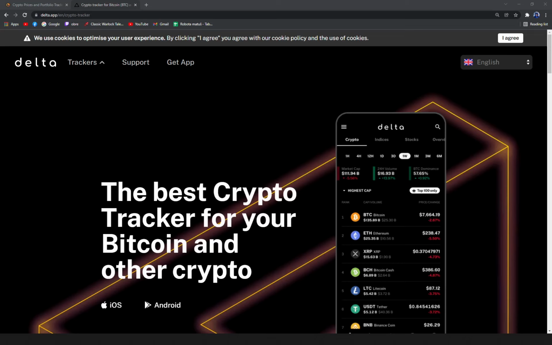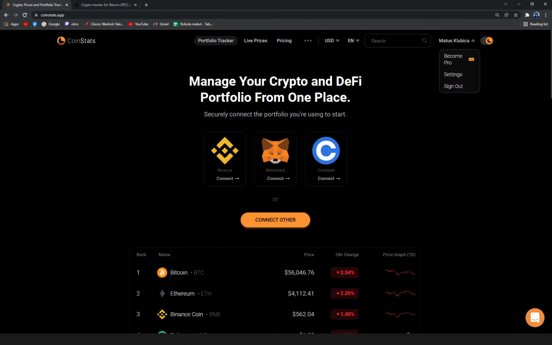The first one is CoinStats and the second one is Delta. We will go through some pros and cons. I'll tell you more about these two products, and in the end we'll try to find out which one is